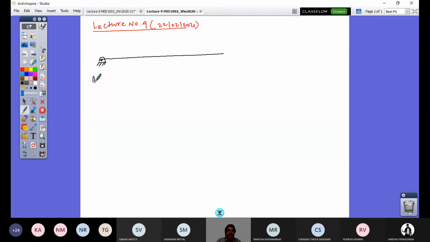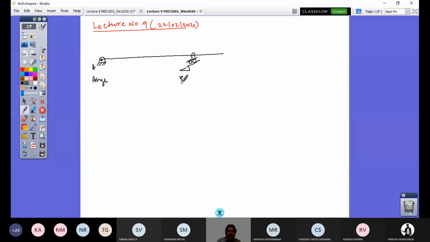So the hinge here is constraining the translation, right? Let's say this point is A, but it is not constraining the rotation. That's what you should understand. So this is point A, and this beam is an overhang. That means you do not have another support beyond here, and this support is a roller support. These are the rollers, and it is not horizontal; it is oriented at an angle, and that orientation angle is 30